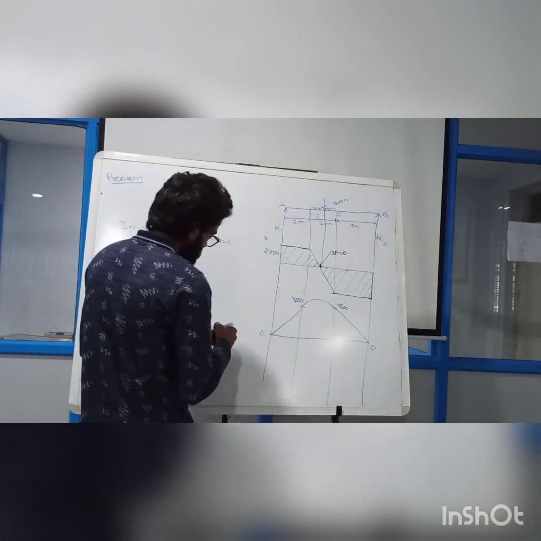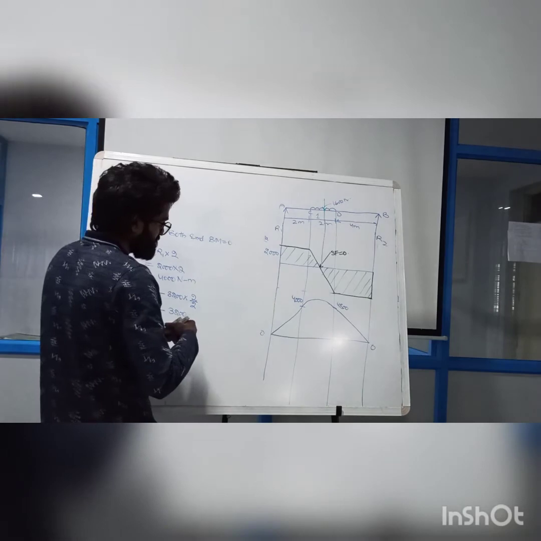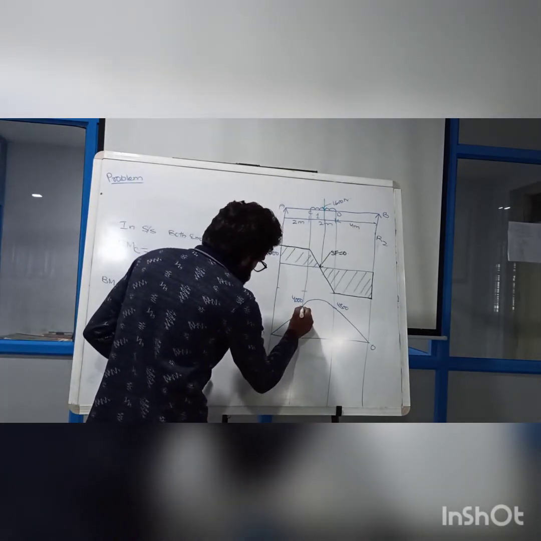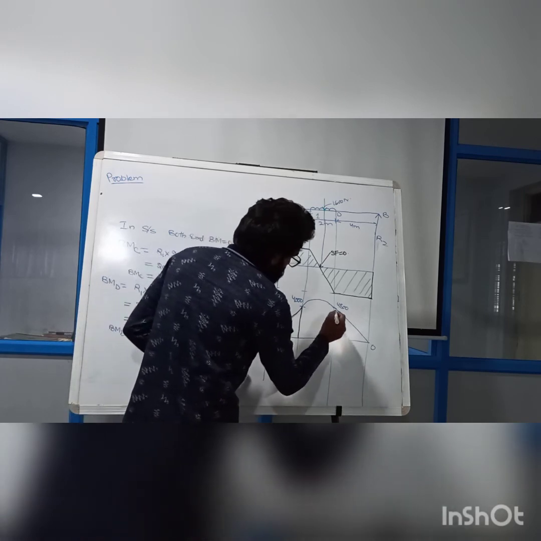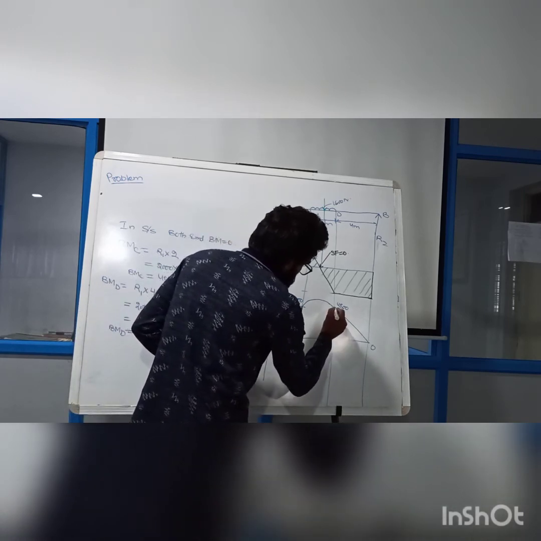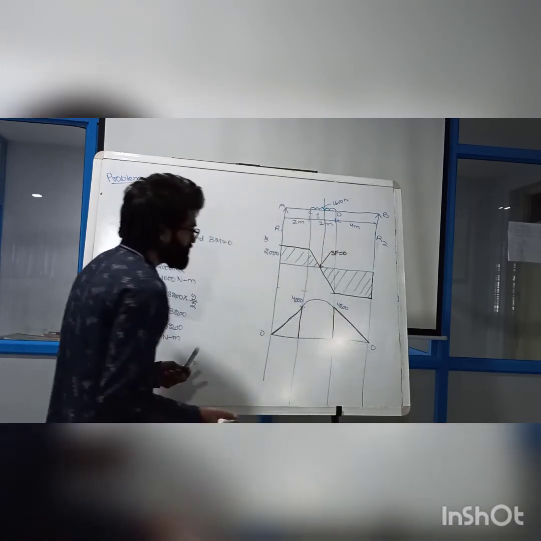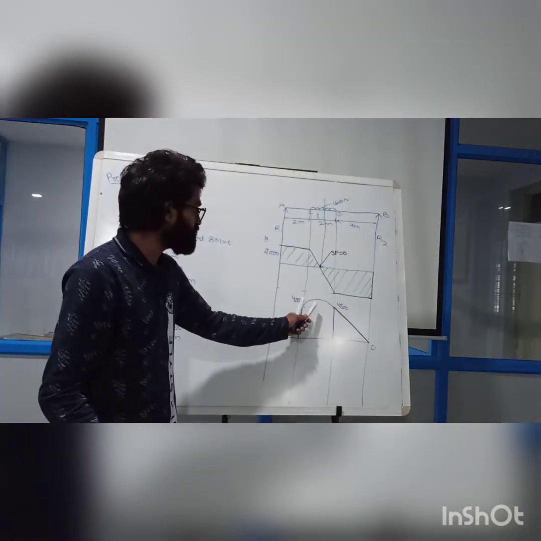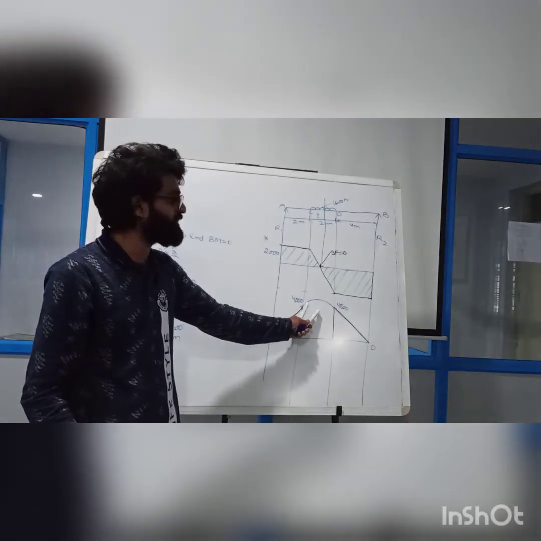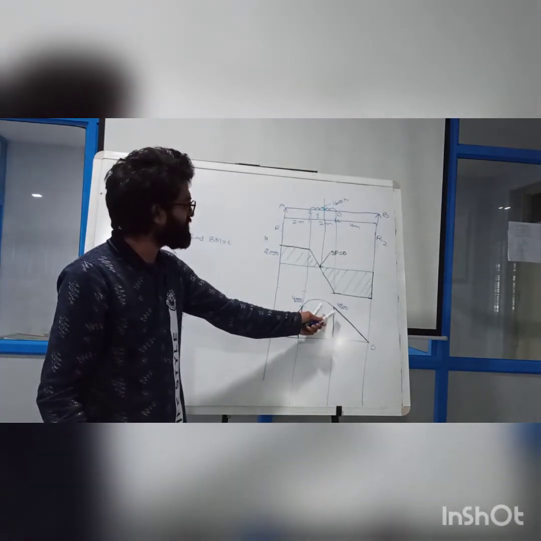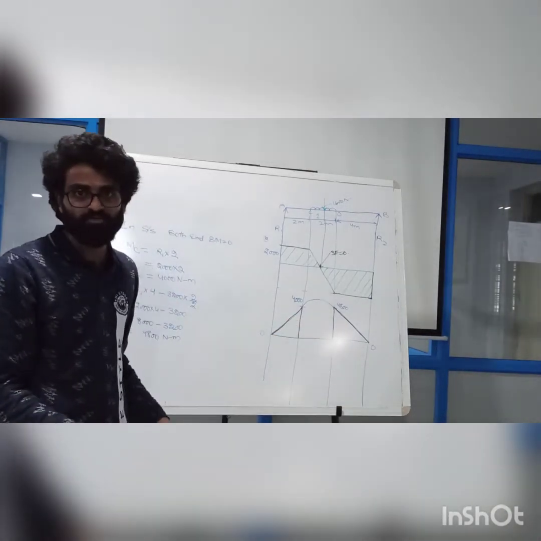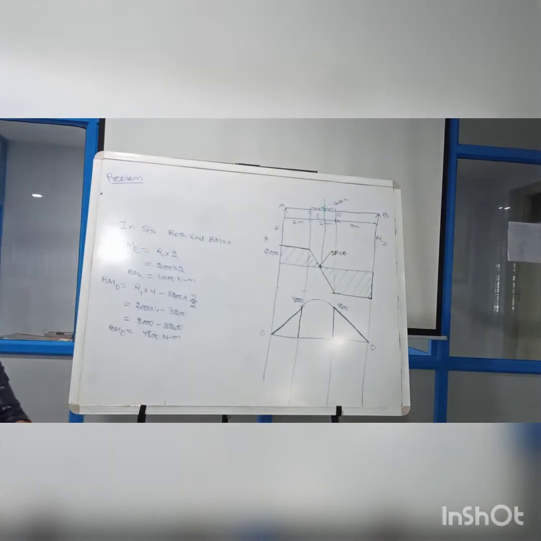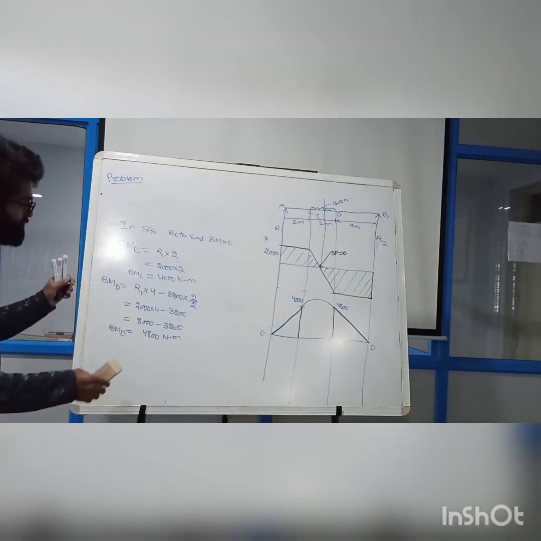You are going to get 2 triangles, and in the middle portion, the only problem I am getting here is that I know this area, but I don't know this area, because this is not a complete parabola. This is some half of the parabola, so how to calculate the area? We will also discuss this further. So up to here I completed my free body diagram.